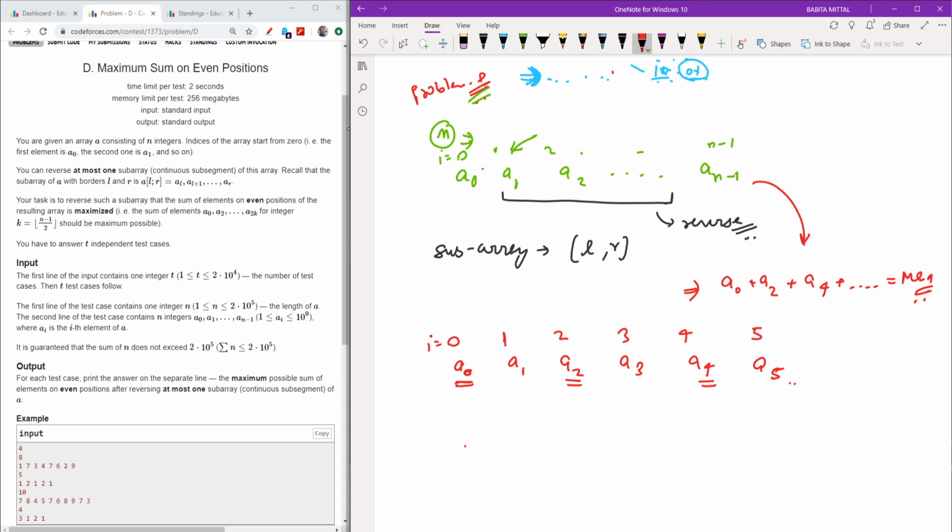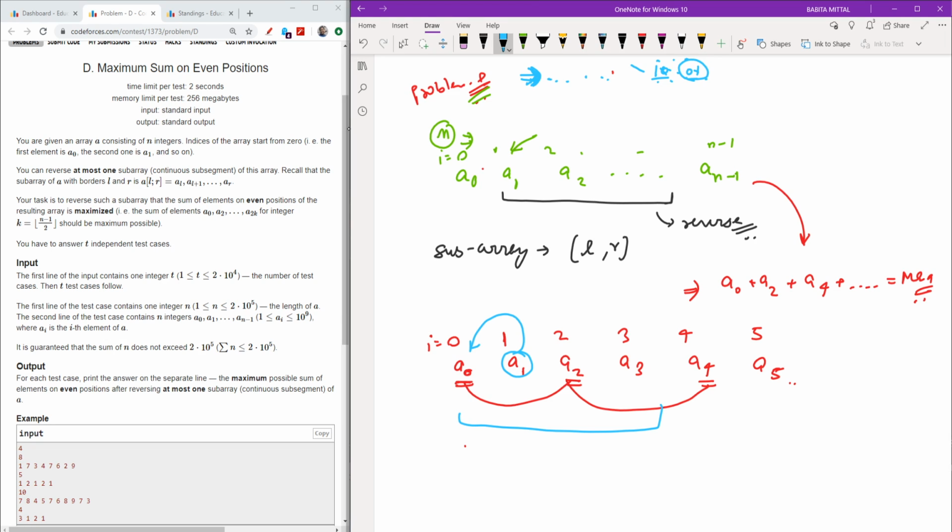The sum of the even indexes will change only if some odd indexed value is replaced with some even indexed value. But I don't have to replace only one; I have to choose a subarray and replace its index values.